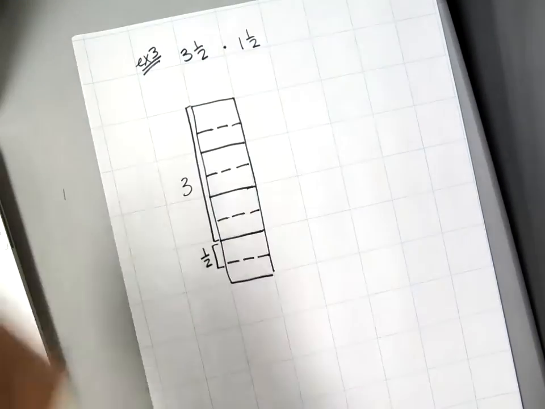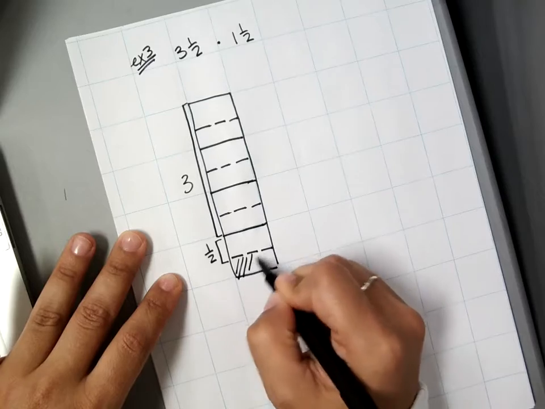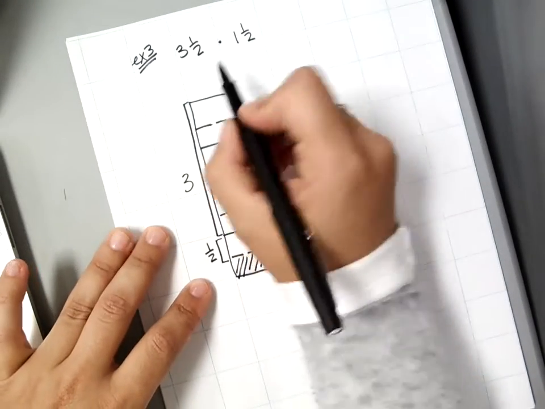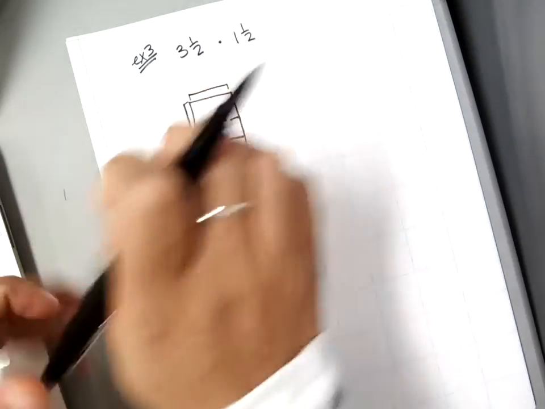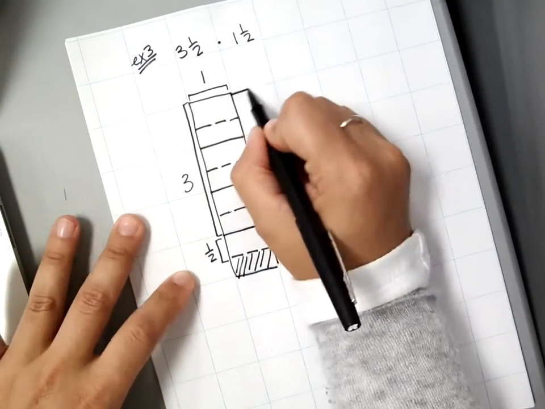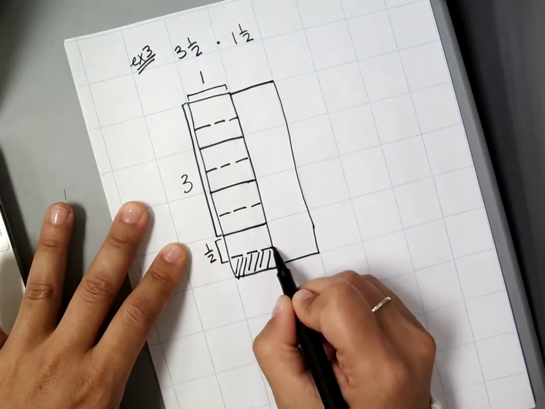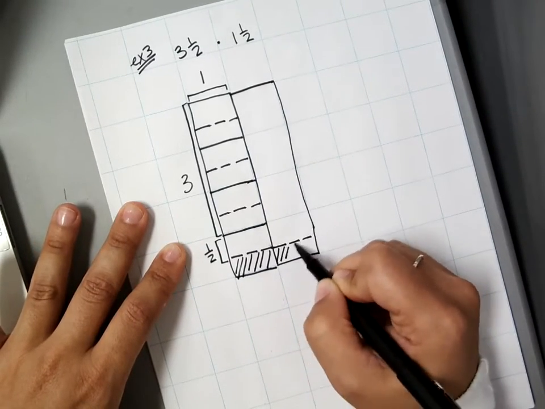This time I'm going to shade what I don't have. So I don't have this last half. You can shade either way. And I want on the top 1 1/2. Here I already have 1, and now I need to add a half. So I'm going to copy that exact model, what I just did, shade what I don't have,